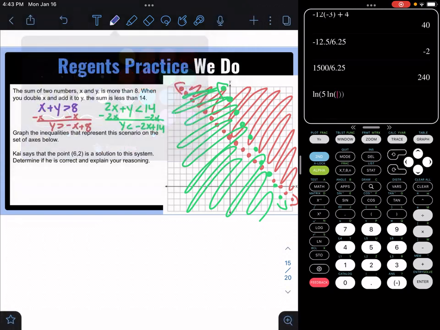Meaning that this little section right here would be our solutions. And it says, Kai says that 6, 2 is a solution to the system. Determine if he is correct. He is not correct